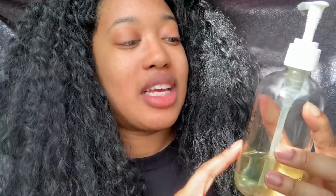All right, and so more into skincare. For cleansing my face, I really like this cleanser from Yes to the People. It is the Kale, Green Tea, Spinach Vitamin Superfood Cleanser. I really like it. As you can see, I've used quite a bit of this. I've had this for quite a long time. I got this during Sephora's last